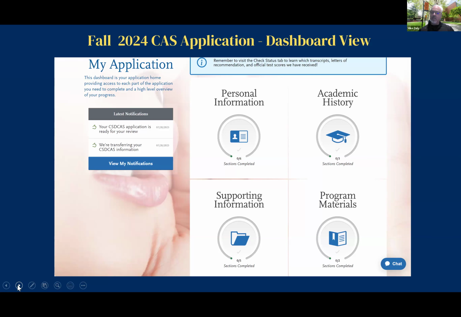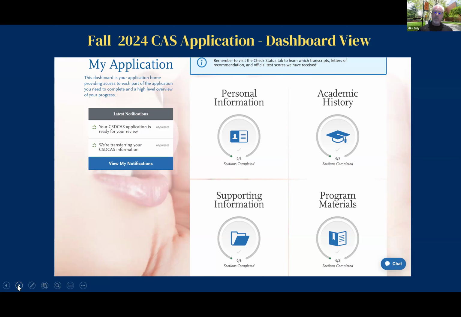It might seem, especially for those who haven't set up a CAS application yet or gone through it, that the ones that have more sections will take the most time. Actually, the opposite is probably true. Personal information, for example, has the most parts to it, but this is all information that you already have in your head. It's your address, your contact information, your background, your demographic information, other things that you already know. You don't have to look up anywhere else.